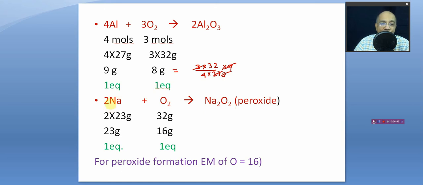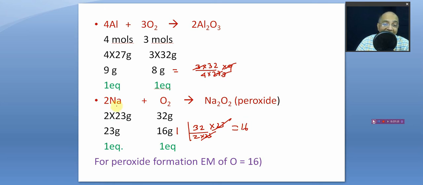Now see, 2 into 23 grams, because 1 molar mass is 23, that is gram atomic mass, you know. Molar mass is a general term. So 2 into 23 grams reacts with 1 mole of oxygen gas, that is 32 grams. If this reacts with this, 1 reacts with how much, and 23 reacts with how much? You calculate. 1 will react with 32 by 2 into 23, and 23 will react with this. So 23 gets cancelled, and this becomes 16.